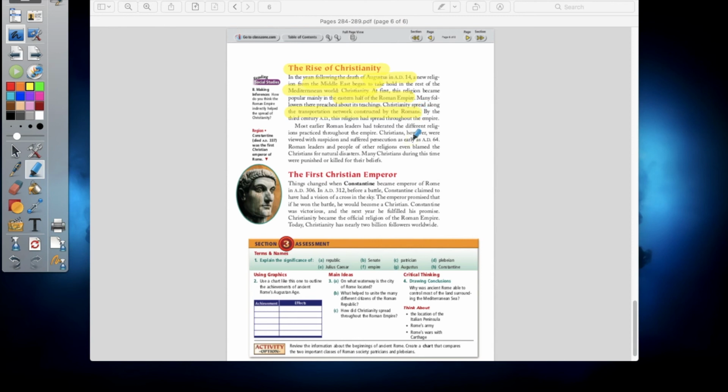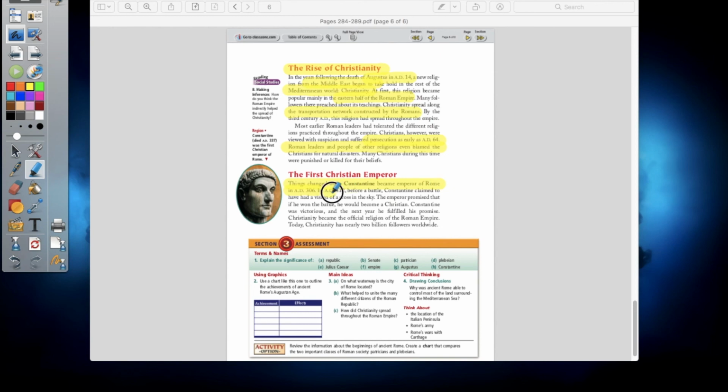So because a lot of Roman emperors tried to stop it from happening, starting in 64 AD, Christians were heavily persecuted by Roman leaders in that time period. In fact, one Roman emperor, Emperor Nero, was notoriously known for his cruelty towards Christians. He would do things like burning them at the stake, feeding them to lions, all kinds of horrible things in order to suppress that religion. And that kept on going for the longest time until about 306 AD, when Emperor Constantine decided to adopt Christianity into the Roman Empire.